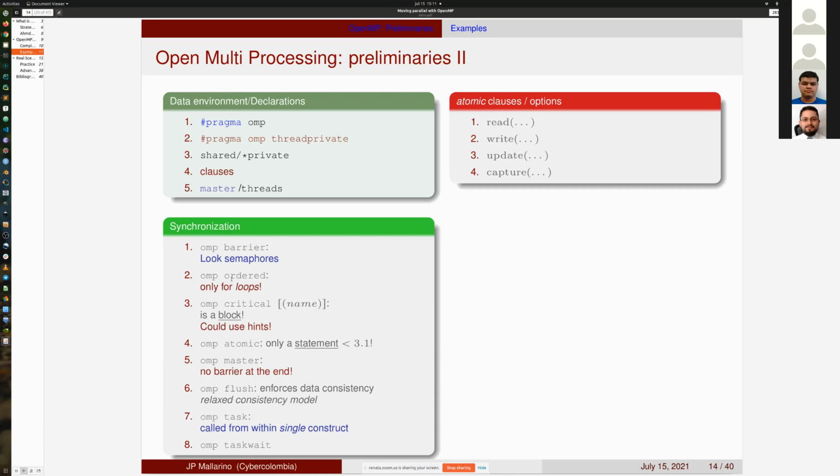And like I mentioned before, there is the ordered fashion in which we can do certain operations, or critical if we'd like to use, for example, a block that we don't want anyone to access, or the atomic statement. There are two other statements which are very interesting, which are the single statement and the master statement. We haven't talked about them very much. So the master statement is,